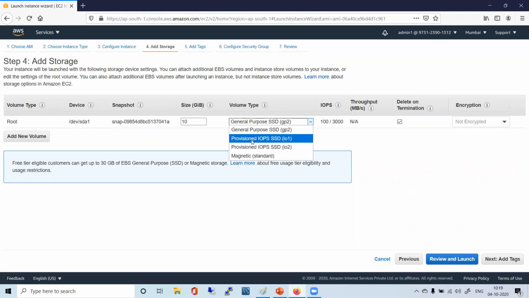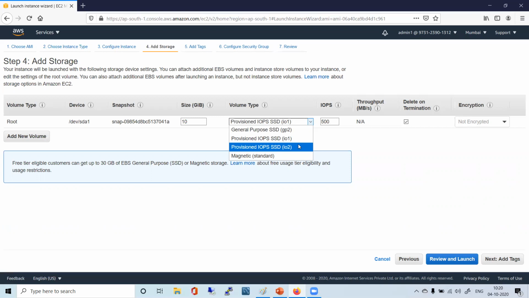So say like this provisioned IOPS, right? This is IO1 and IO2, two options are there. So I'll be explaining. If I choose IO2, you see the IOPS 5000, right? Here you see IO1 500. So this is the previous generation provisioned IOPS SSD. This is the latest generation. This came on 25th of August, last month, last to last month. So this is the latest one.